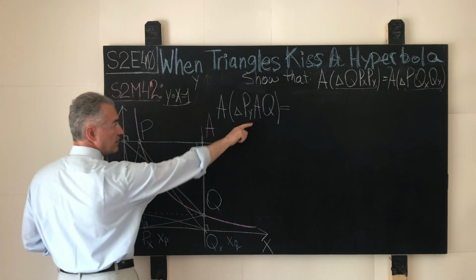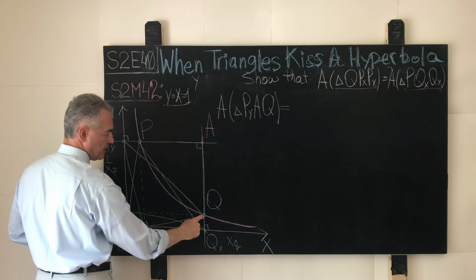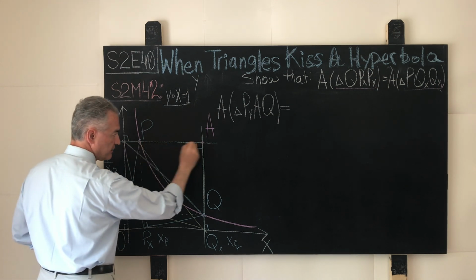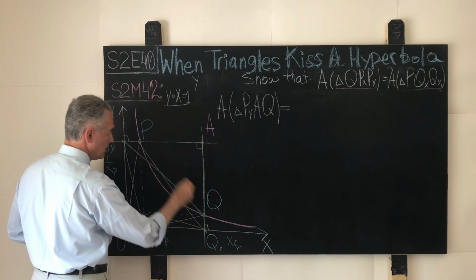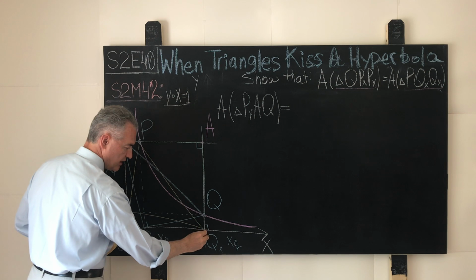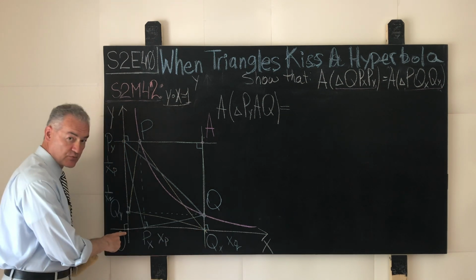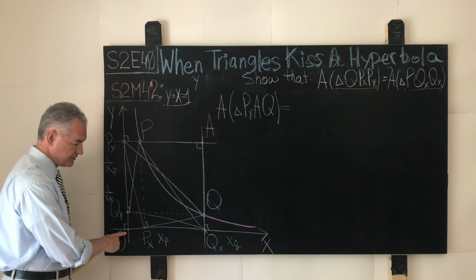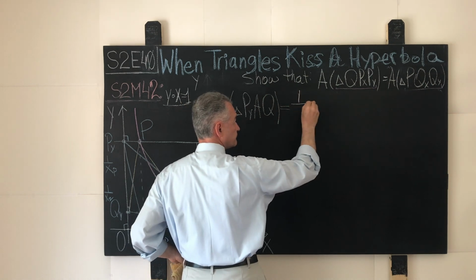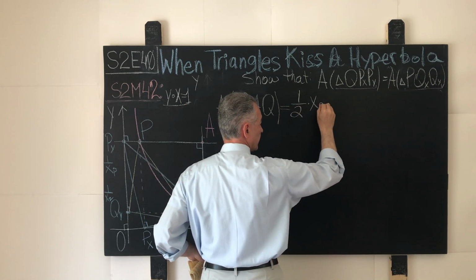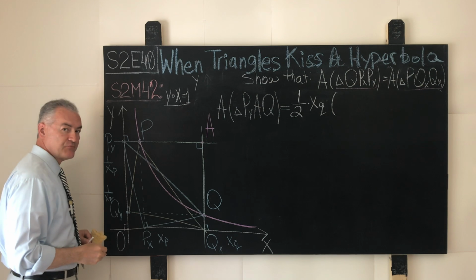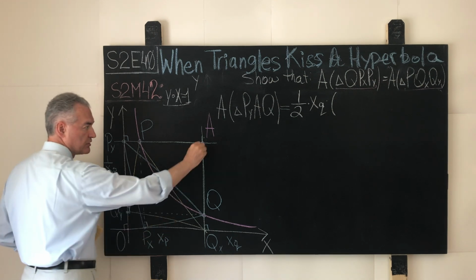For the area of the triangle PyAQ, what do we have? Well, it will be the half product of the length of the base of that triangle, which is what? The length of the line segment PyA is the same as the length of the line segment OQx, and the point Qx is displaced from the origin of our orthogonal coordinate system by how much? By the xq. So this will be 1/2 times xq times what? This time the height of our complementary right triangle, or the length of the line segment AQ,